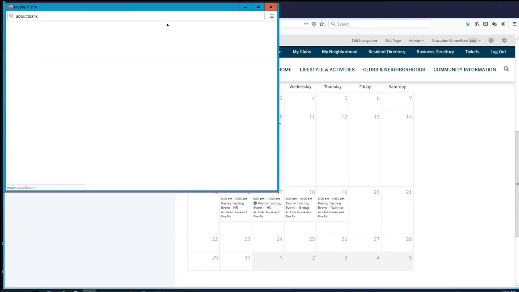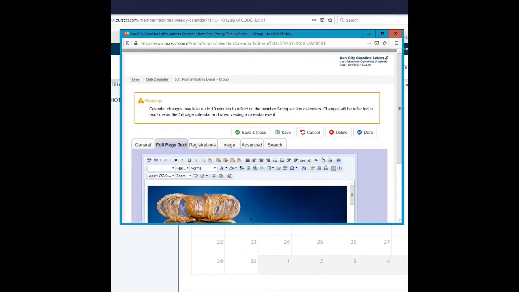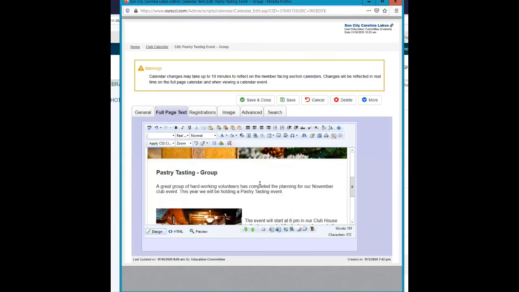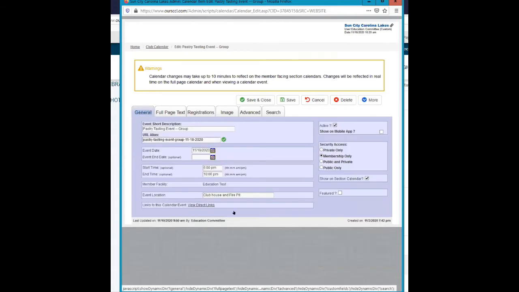And again, I've created some basic information here. Here's a description of the event. This should be getting familiar to you by now. There's a flyer about the event. I'm going to go to the General tab. It is the clubhouse, and the fire pit is the location. We have the date and time and all of that. And now we're going to go back to get to the interesting part of this,